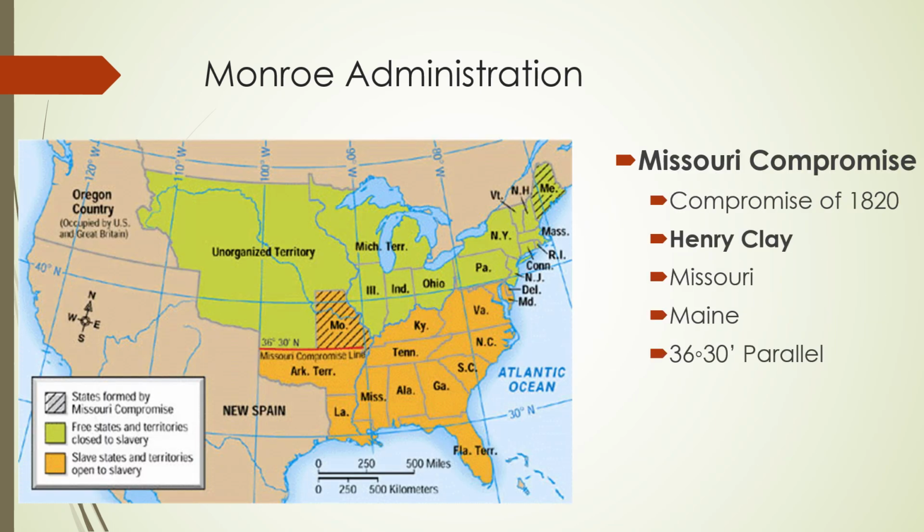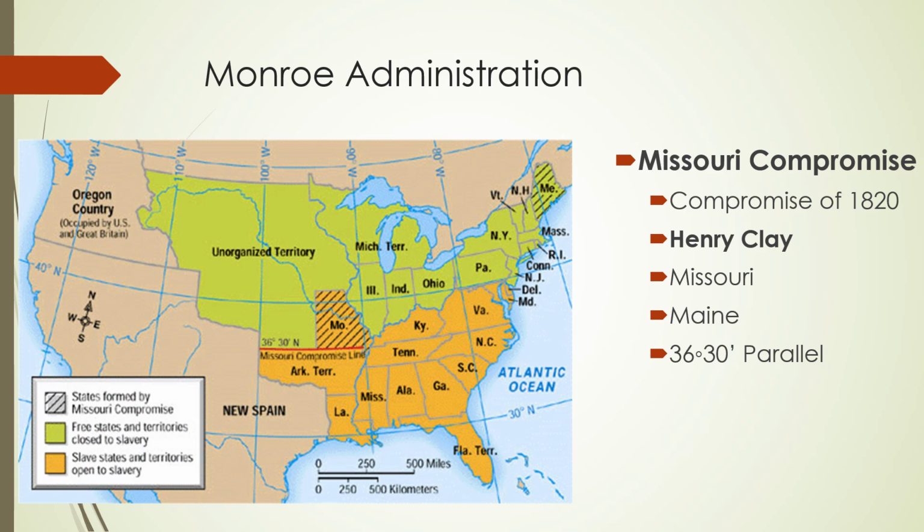Another thing that has pretty important implications for the rest of this section, all right, talking about dividing the United States. Here's something that divides the United States literally, all right? We just looked at something that sort of divided it economically. This is literally divisive, all right? It's called the Missouri Compromise, also known as the Compromise of 1820, okay? Now, this is authored by Henry Clay.